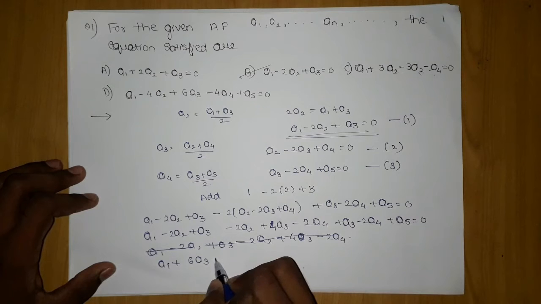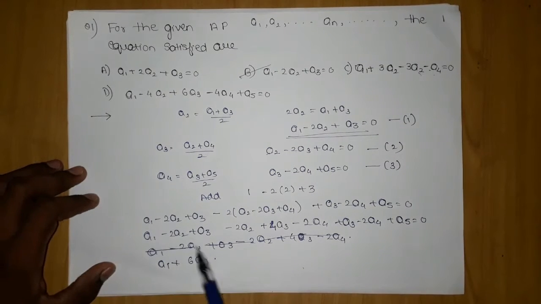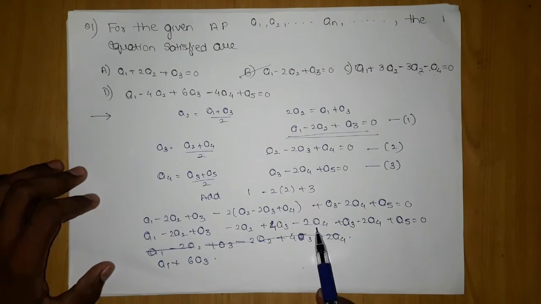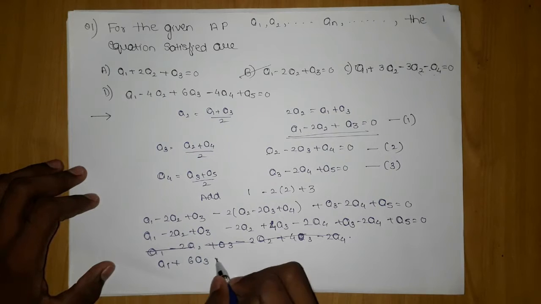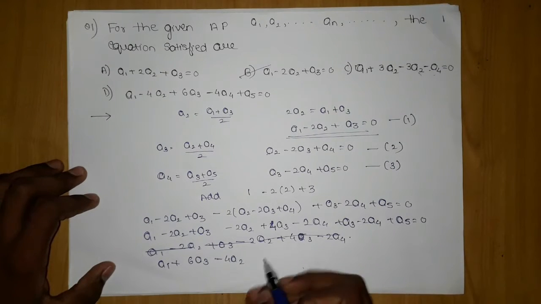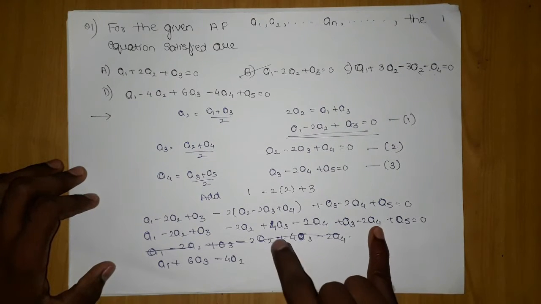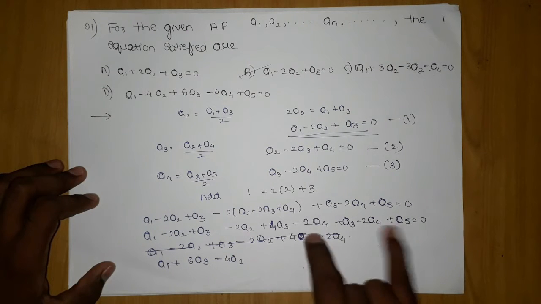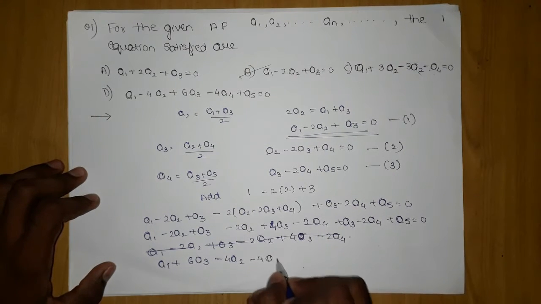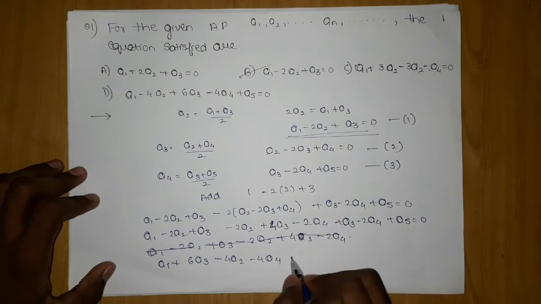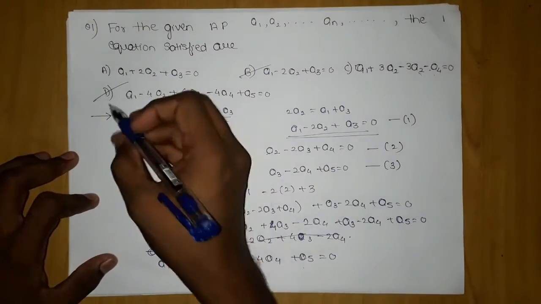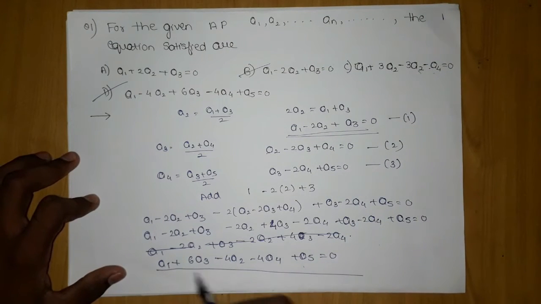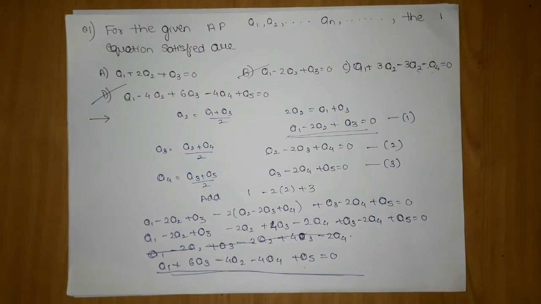Okay, right. I want to get 4a2: minus 2a2, minus 2a2, minus 4a2. Okay, things are matching up. Minus 2 times 2, minus 4, times a4 also, and a5. Okay, so the fourth option is proved. So we have proved the second thing also. Hence we are done with question 1.